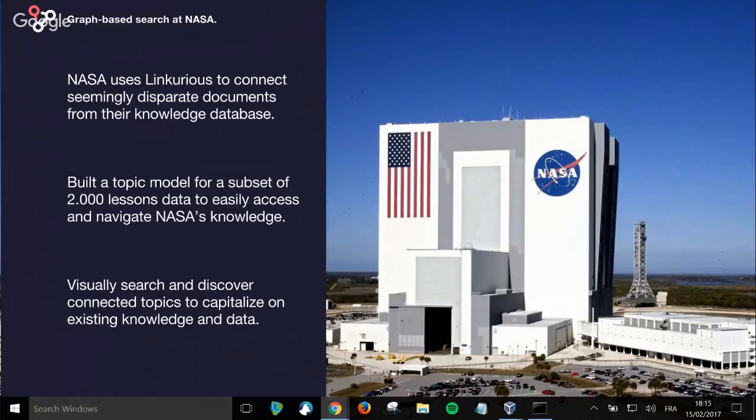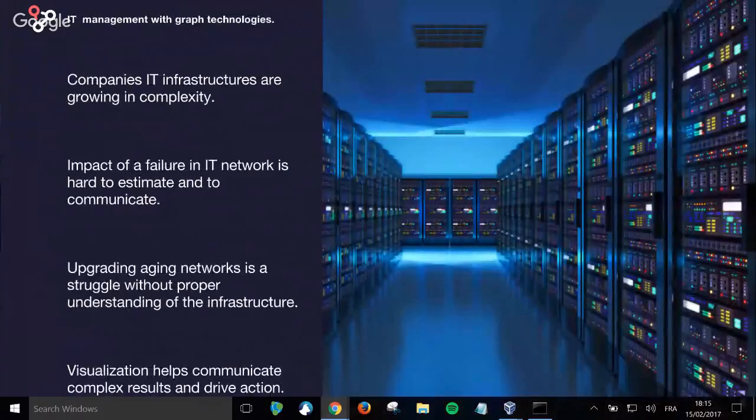So finally, our last example of what can be achieved with graph technologies concerns IT management. Companies' IT infrastructures are growing in complexity. And for IT departments, the impact of, for example, a failure in an IT network can be hard to estimate and to communicate. Or it could be upgrading an aging network that becomes a struggle without a proper understanding of the